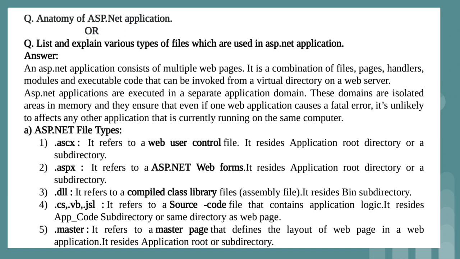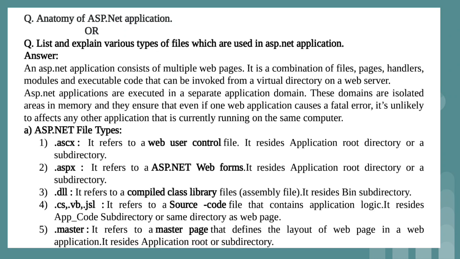Okay, it resides inside the bin directory. Means if you open the folder or just go to the software, that is where it is installed, Microsoft Visual Studio. In that you will be getting so many folders. So it's not the case that all the files are stored inside the same folder. For different types of file we are having different folders also. So the first two files which we have seen, that is .ascx and .aspx, are stored inside the root directory.